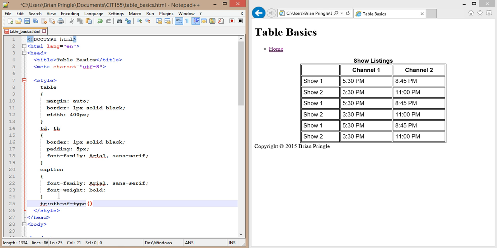And then in parentheses, how many do I want to do? So if I want to do every third one, I'd put a 3. If I want to do every 5th row, I'd put a 5. But in this case, I want to play with odd and even rows. Okay, so if I do odd rows, then I can specify the background color for